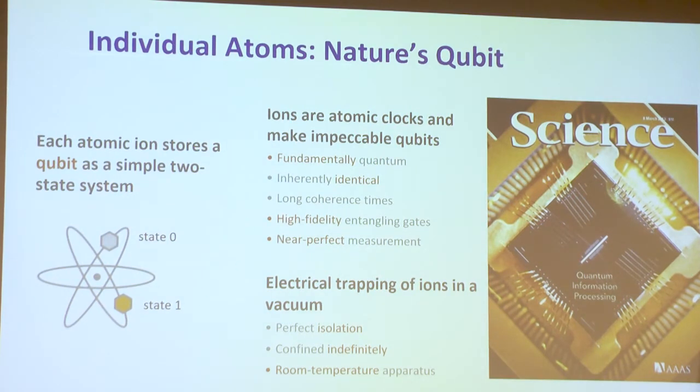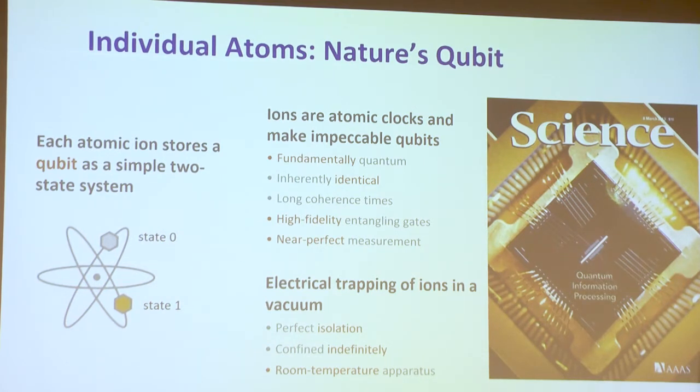Okay, so let me now concentrate on my atoms, individual atoms. Again, I say they're perfect because these are atomic clocks. In fact, they're very good atomic clocks. When we make a superposition of two states inside the atom, they can have coherence times that are easily a second. Without any work, we have a second coherence times. They've been measured to be 10 minutes. If you really needed 10 hours of coherence time, we could probably do it. These are atomic clocks. When you build lots of them, they're all exactly the same and very coherent systems. The problem, of course, as I hinted, is isolating them.